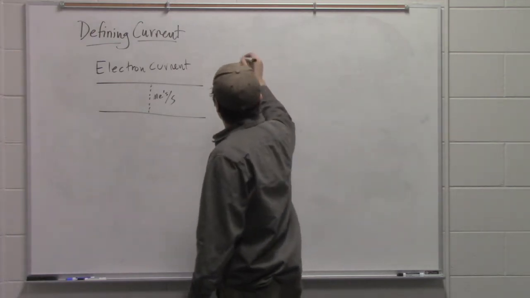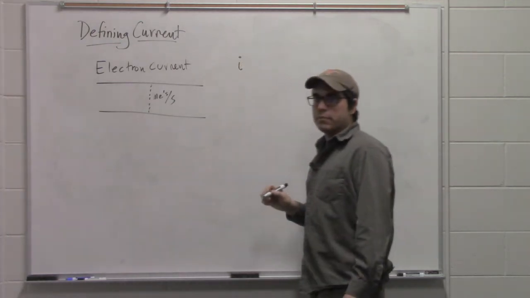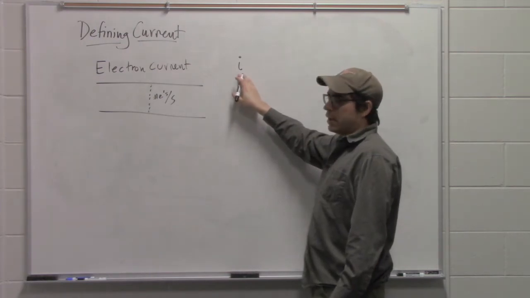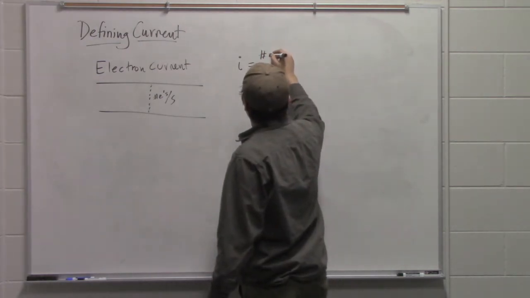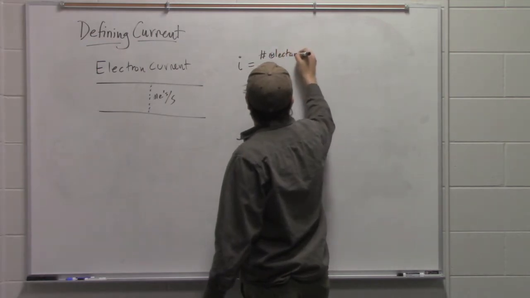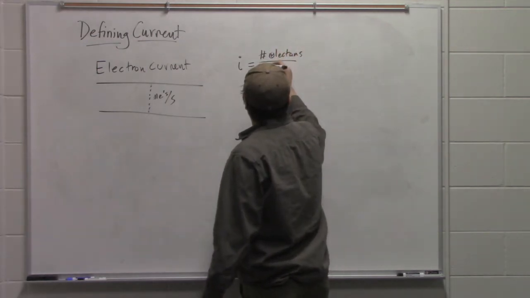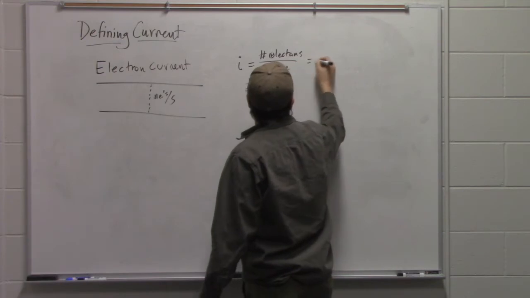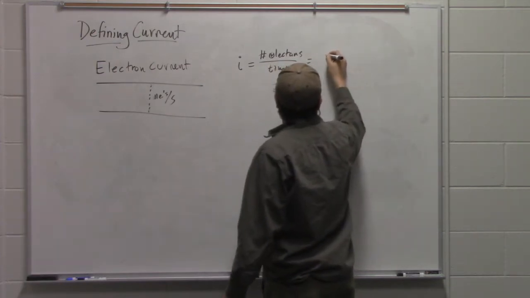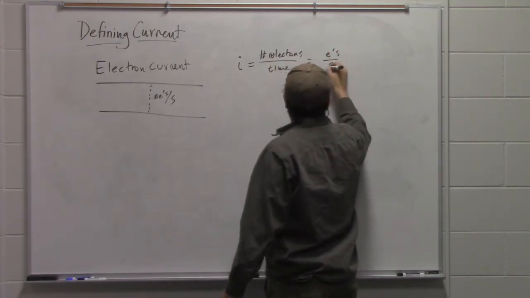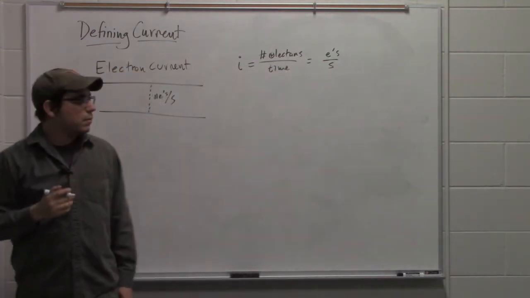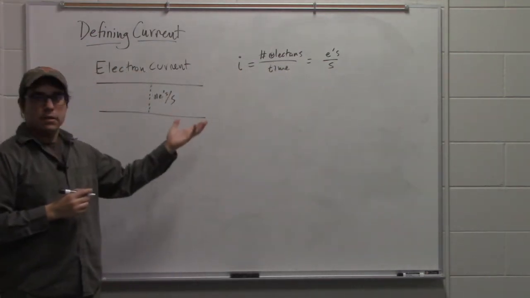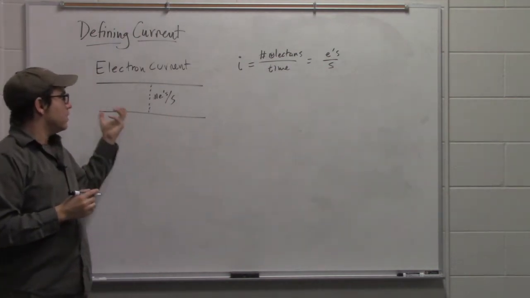We often call that electron current, or we refer to it with this little I. And it's literally counting the number of electrons that pass a given location per unit time. So it has units of essentially electrons per second. Okay? Now, the other thing that's actually interesting about this is that it is related to measurements of the electrons